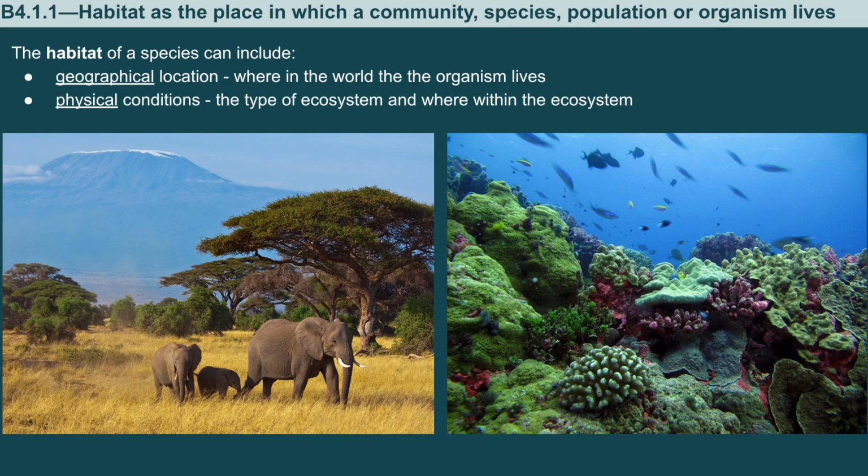First up, B4.1.1, habitat as a place in which a community, species, population, or organism lives. The habitat of a species can include both its geographical location, where in the world the organism lives. For example, this elephant likely lives in Tanzania, where you can see Mount Kilimanjaro behind it, as well as the physical conditions. It lives in a grassland, savanna type of ecosystem, and where within the ecosystem, here in the shadow of the